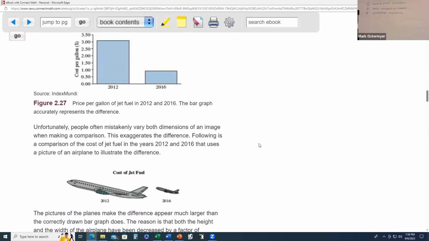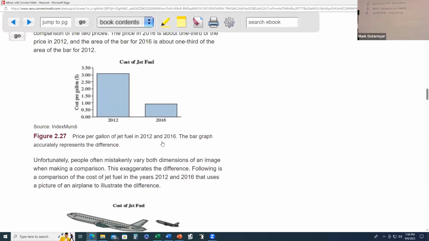All right. Cost of jet fuel. This is a bar graph that indicates the differences in cost of jet fuel between 2 years, 2012 and 2016. And it looks like there is a difference. This is cost per gallon in dollars. 2012, the cost, I would imagine this is maybe average cost, $3 per gallon versus 2016 looks like about $1